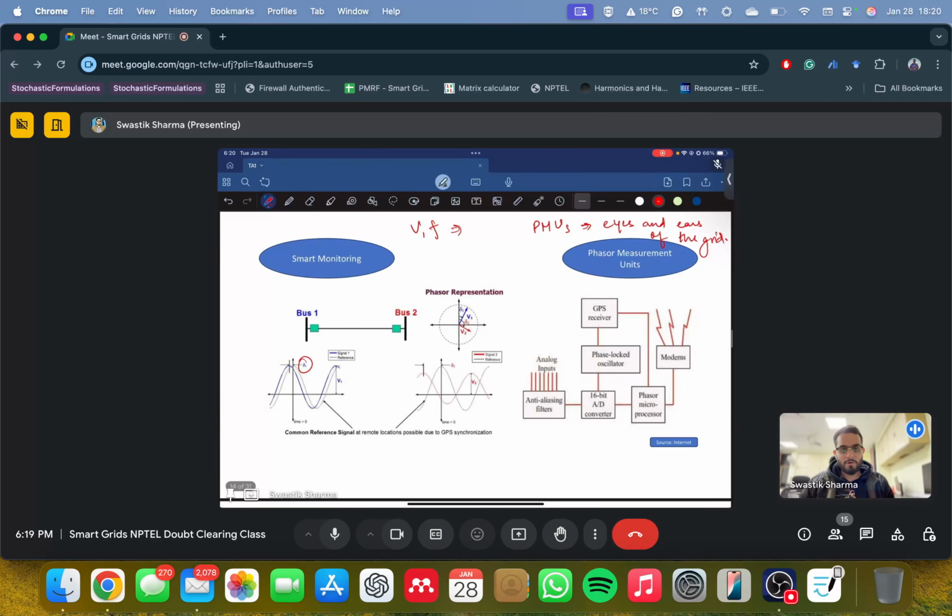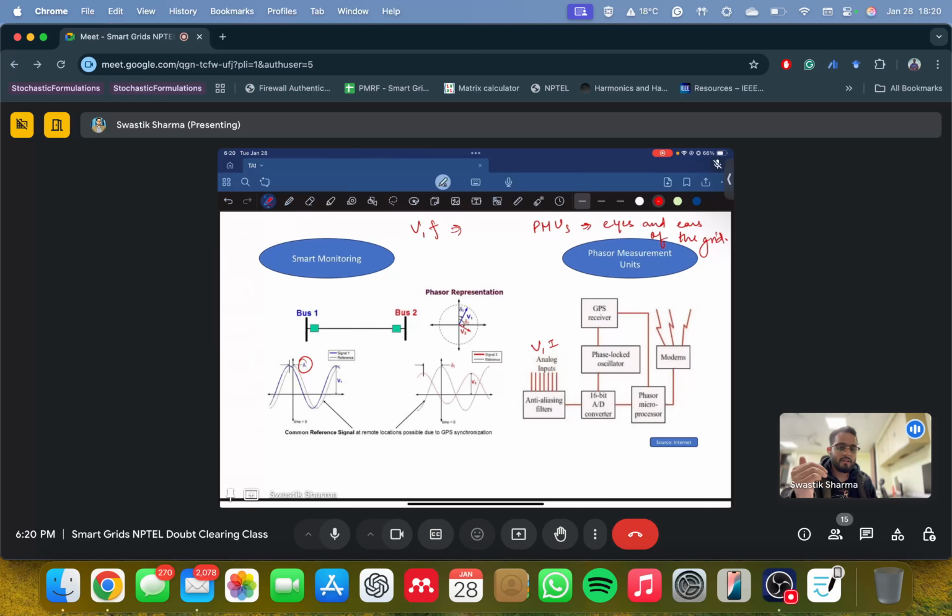Now, how do they work? How do PMUs work? It's not like it's a very easy thing to create. These PMUs have evolved over a very long time, right? So how is this managed? Our voltage and, let's say, current, these signals are analog in nature. Your measurement devices are analog and they give you analog information.